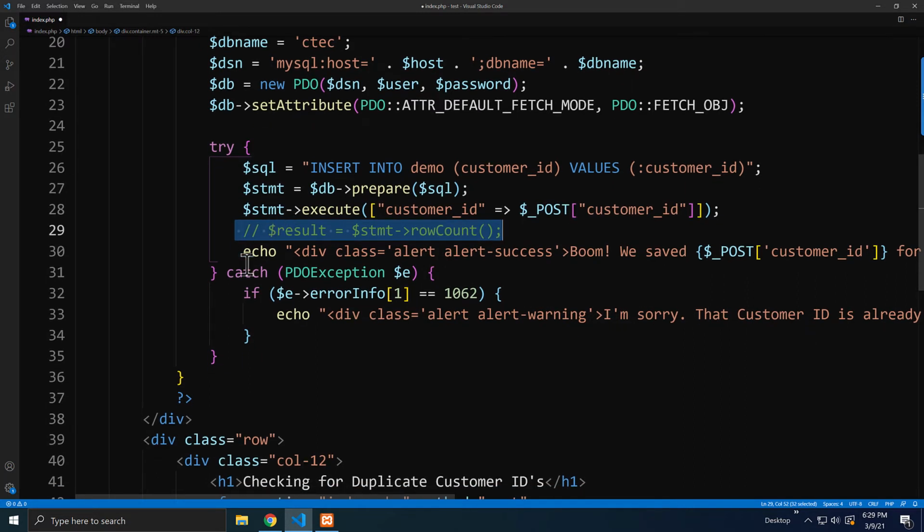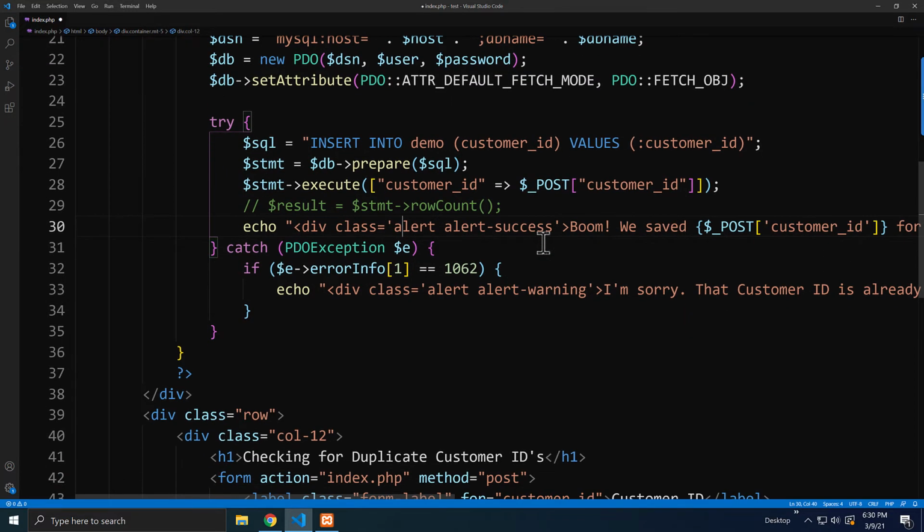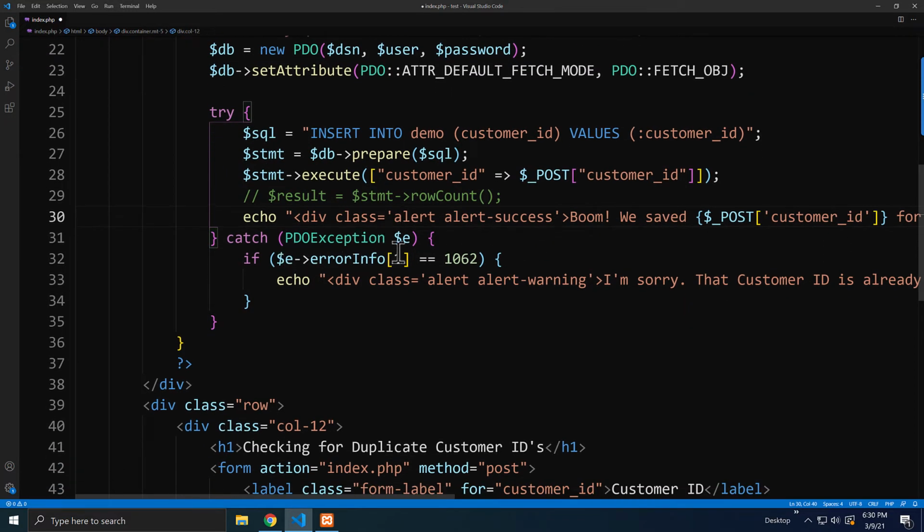So if nothing goes wrong, we're not going to throw an exception, we're not going to catch anything, and I'm just going to echo out a bootstrap division with the alert and alert-success class. Boom, we saved that number for you. However, if in fact there is an exception, the way this works is we're saying PDO exception $E. So what happens here is this gets the error object that this PDO exception creates, okay? So $E is going to